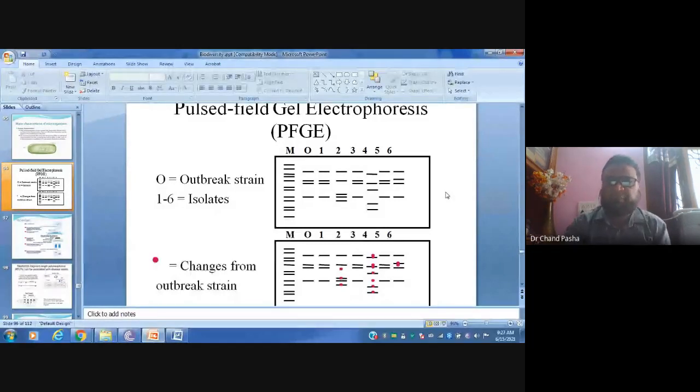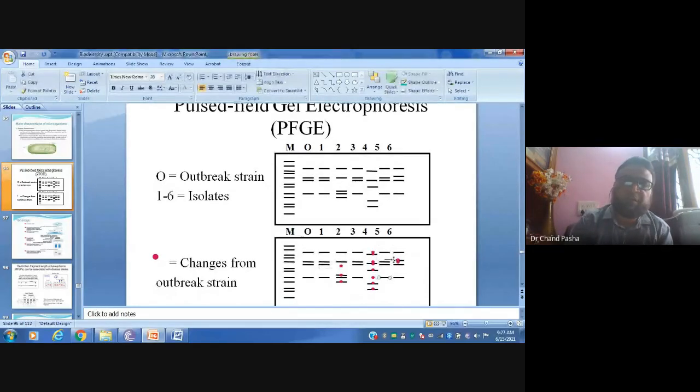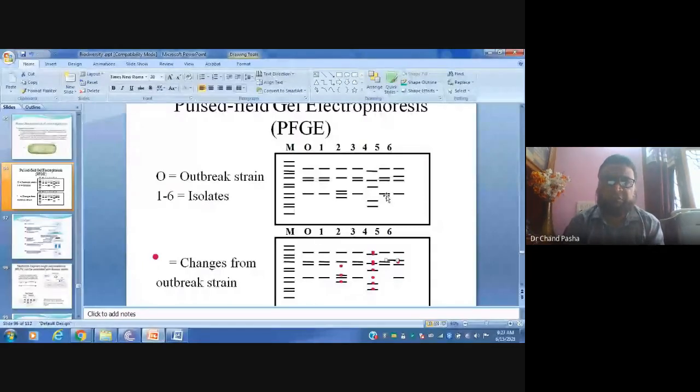You can see one example here. Where the GC content differs, there are little mutant strains. The migration of mutant strains is different when compared with the wild type strains. Hope you understand. So the migration pattern of mutants is going to be a little different, and even a little difference can be differentiated by using pulse field electrophoresis.